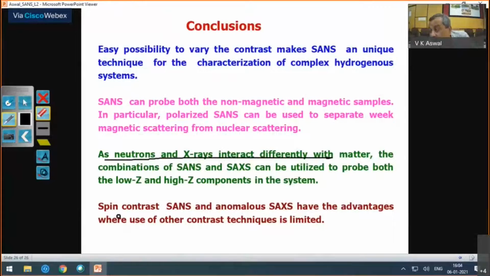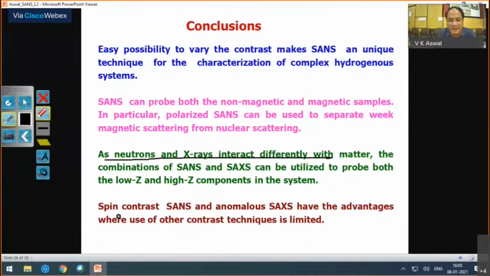The property of the particles will not change. This is basically the visibility of the particle that will change. So we will talk about visibility vis-a-vis small angle neutron scattering, because the particles are immersed mostly in a medium. So if this particle is immersed in an H2O D2O mixture medium, then the visibility of the particle will be as if you make some parts invisible. Dr. Aswal used the terms visible, invisible. So he can make certain parts glow up or come into visibility, and some parts go away from visibility.